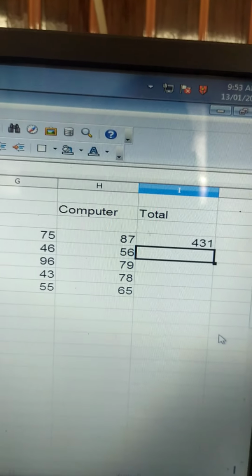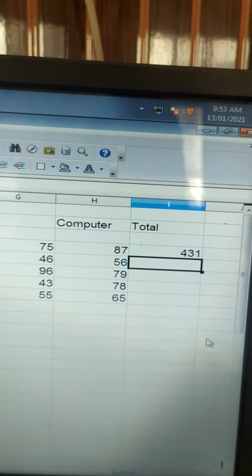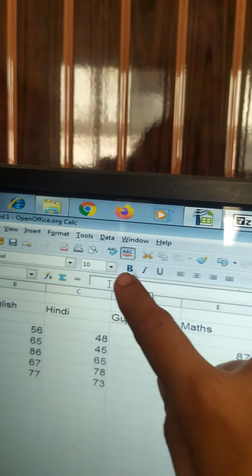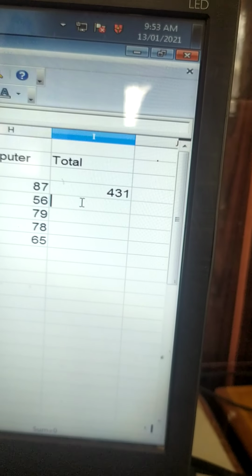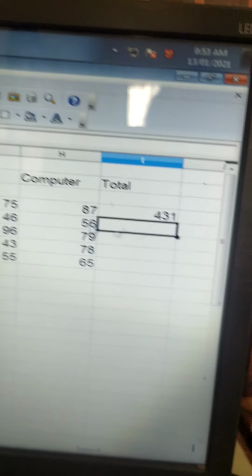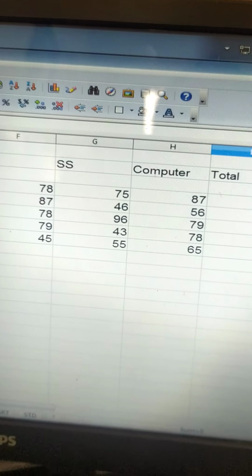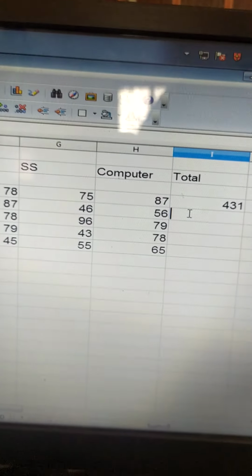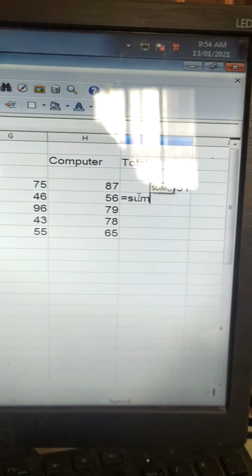The other way is you can directly type the function. Direct आप लोग formula type कर सकते हो, if you know the correct spelling, बिना mistake के. Over here, this formula bar, click. सबसे पहले select this cell. ये जो cell है, इसे select करो और यहाँ पे formula bar में, over here I will type equal to sum. अब मुझे sum calculate करना है, right?